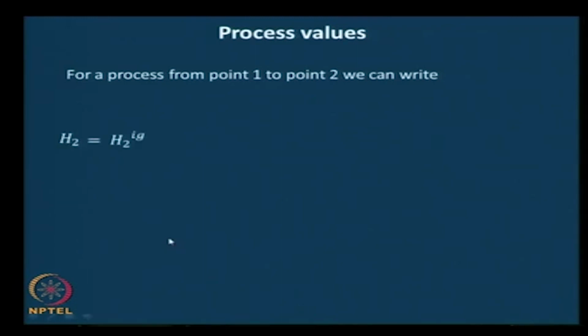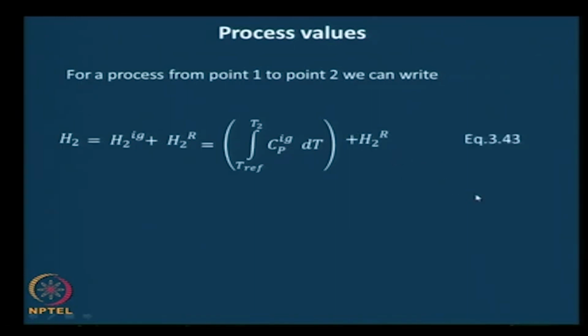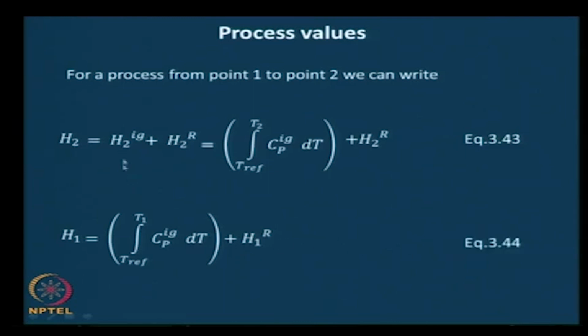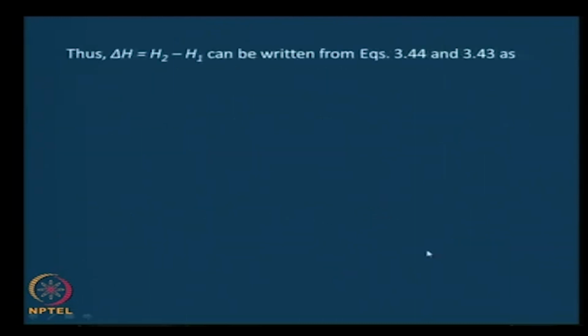H2 minus H2R equals H2 ideal gas plus H2R, that is from the definition, and H2 ideal gas we have seen is nothing but integral of T reference to T2 Cp ideal gas dT. This directly comes from the definition of Cp, plus H2R. We will call that equation 343, and H1 similarly can be written as T reference to T1 Cp ideal gas dT plus H1R. You know where we are going, we are going to take the difference now, 343, 344, and